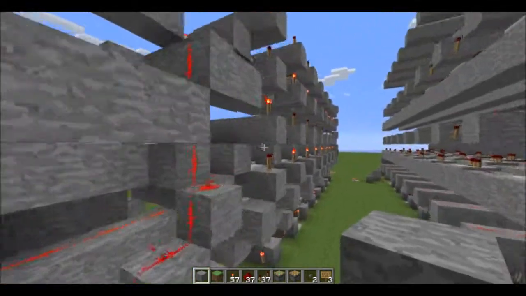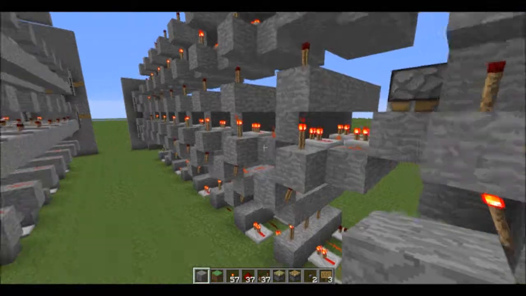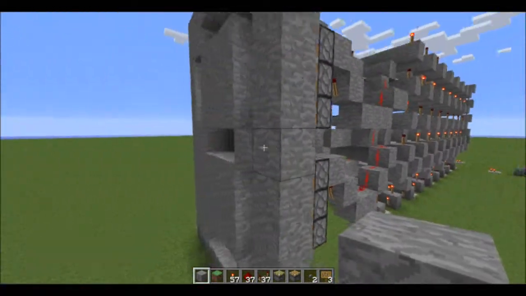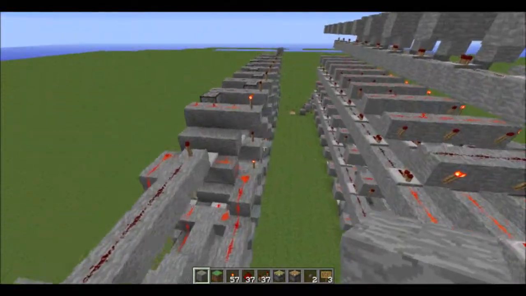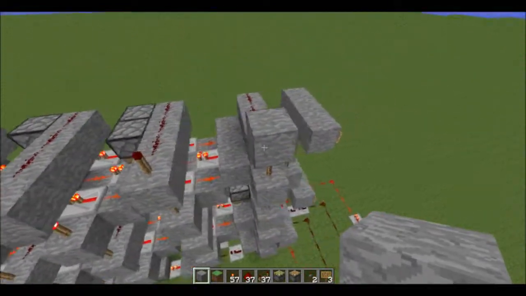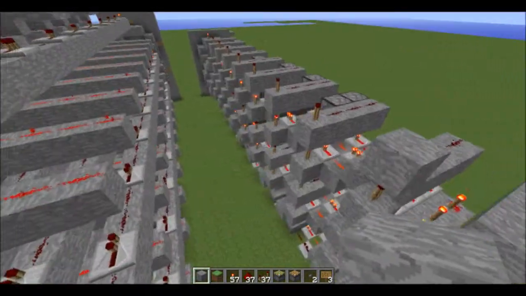Although it does use more pistons. So, people who don't like pistons, sorry. But pistons make things so much smaller sometimes. Now, let's go through how this works. They both work the same way, mostly,